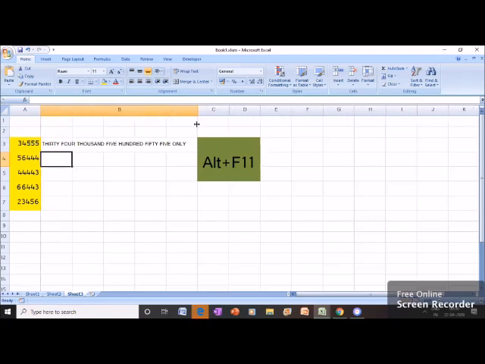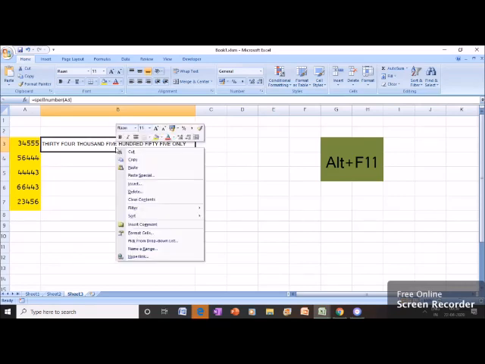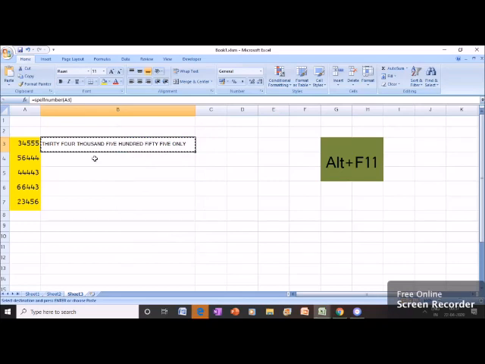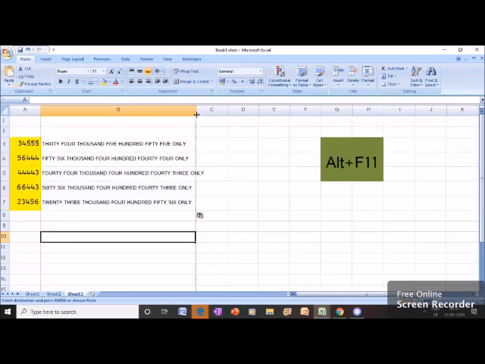Our numeric data is converted in words, in text. The same we can use in further cells. We will copy this formula and paste it in the remaining cells. We will be getting the result instantly.